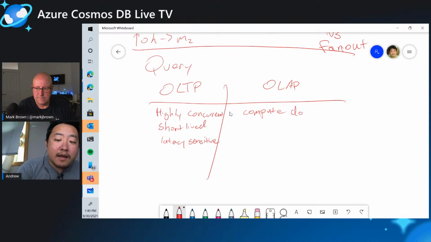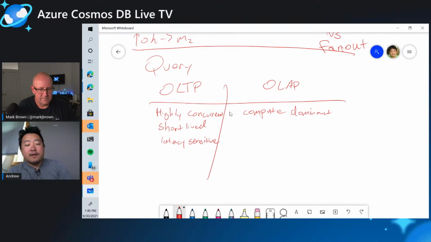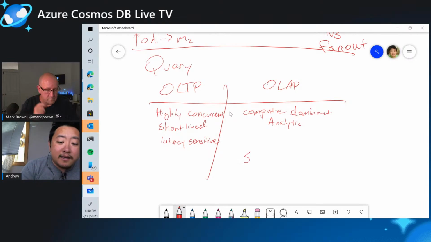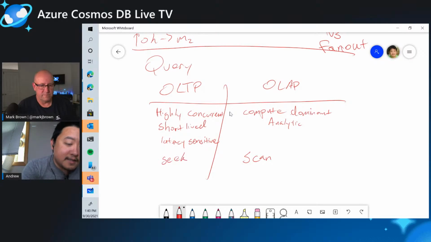And what I'm doing here is, rather than giving me Alice's shopping cart, I want to do some analysis, right? These are your typical analytics. That's the A in OLAP, analytics. A key thing is these tend to be scans, and OLTP queries tend to be seeks. Seeks are, hey, given a terabyte, let's say, data set, I only want a kilobyte of information, and I want you to find that kilobyte. It's a needle in a haystack,